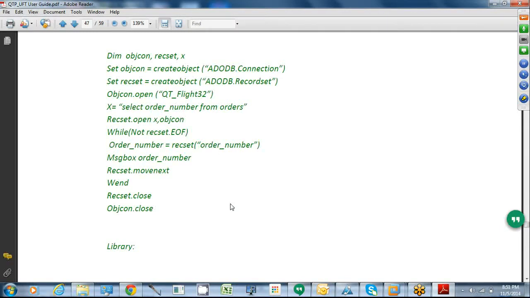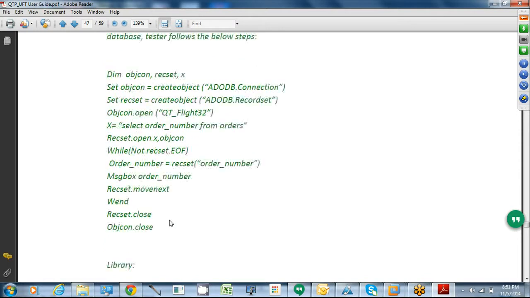This is like a standard program; any time we connect to the database, it is a standard program. Exactly, this is pretty much a standard program. Every time you use this, I'm just explaining how it works.